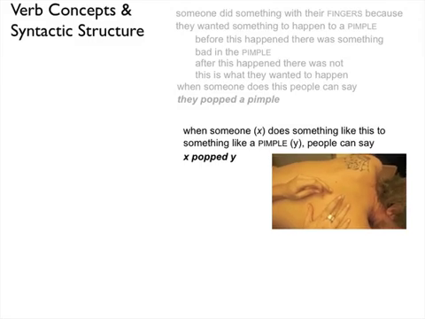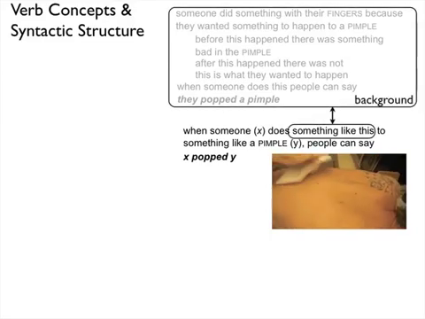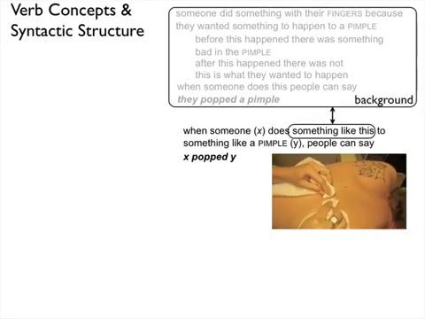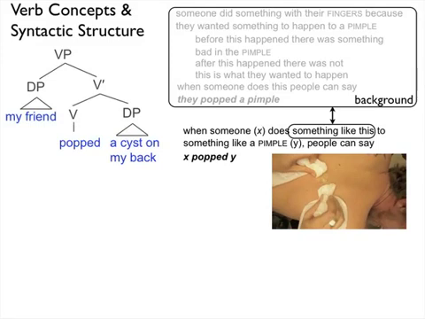So in fact, the big concept there is kind of always in the background when we use a word like pop, right? And then something like this is good enough to give us almost anything, including popping a cyst on a... Sorry about all the gross images here, but we get the same kind of structure over and over again. Something like a pimple is good enough, and that can be a cyst on my back,